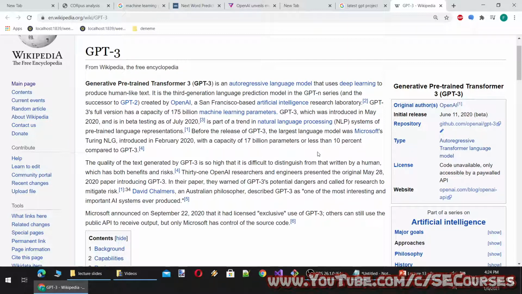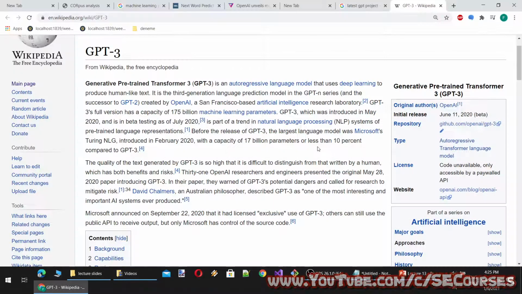Generative Pre-trained Transformer 3 (GPT-3) is an autoregressive language model that uses deep learning to produce human-like text. It is the third-generation language prediction model in the GPT-N series and the successor to GPT-2, created by OpenAI, a San Francisco-based artificial intelligence research laboratory. GPT-3's full version has a capacity of 175 billion machine learning parameters. GPT-3, which was introduced in May 2020 and is in beta testing as of July 2023, is part of a